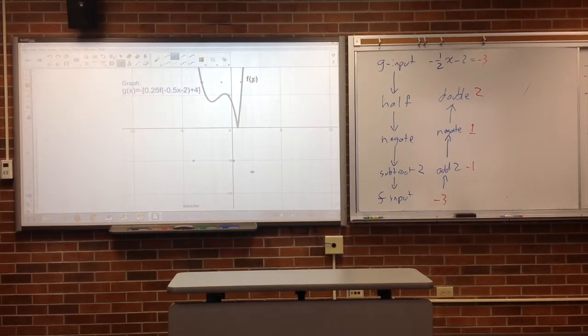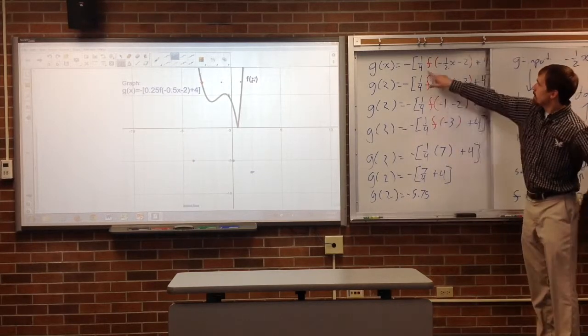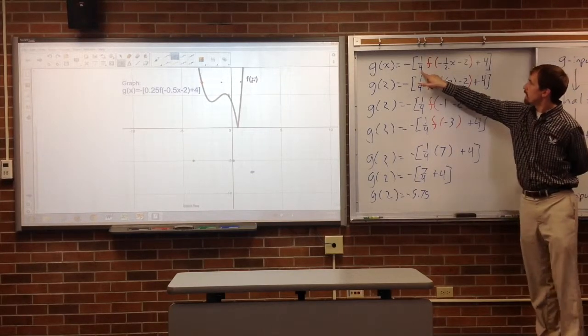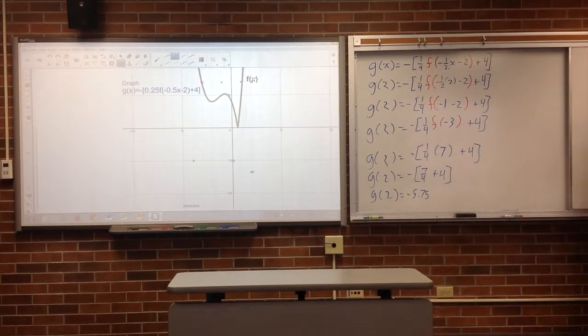Once I've done that, then I come through the f function. And the f function puts me out here at 7. Now we're doing all of the things that we did previously outside the function. So we're using that -1, that 1/4 and the +4 and the negative there. So you would then say, this point gets, just as we practiced before, 1/4 as tall